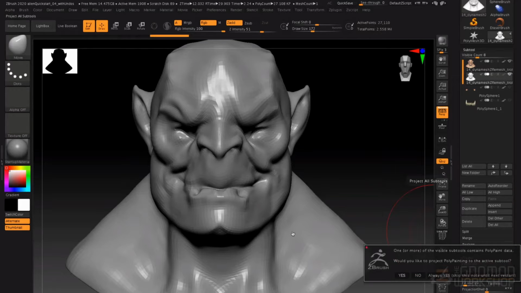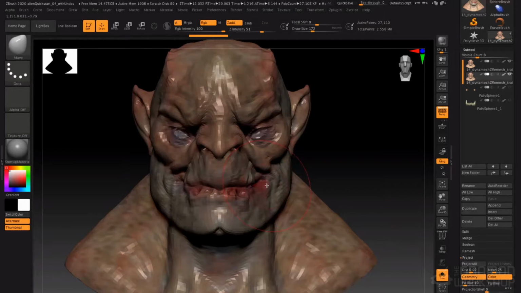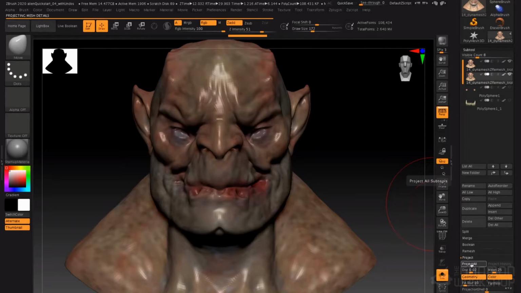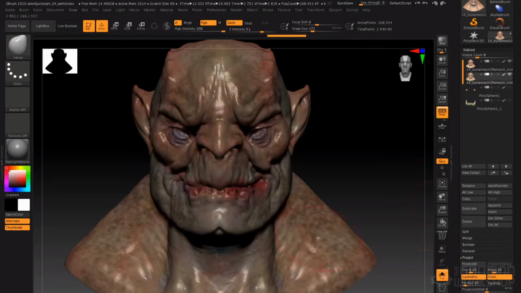So watch what happens. I click Project All, and it says, do you want to project polypainting? And I want to say yes. There we go. So there's my first projection, and it's starting to pick up the color and all the detail. Obviously, it's not as good as my Dynamesh because it's not dense enough. It's only 27,000 faces, so I'll divide it again to make it 108,000 faces. And then once again, I will press Project All, and it will shrink wrap again and pick up more detail